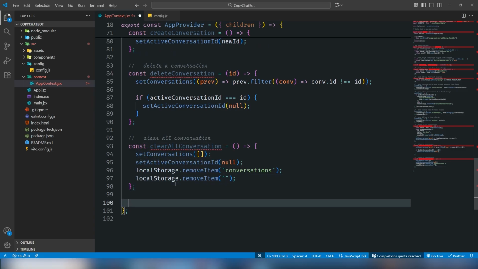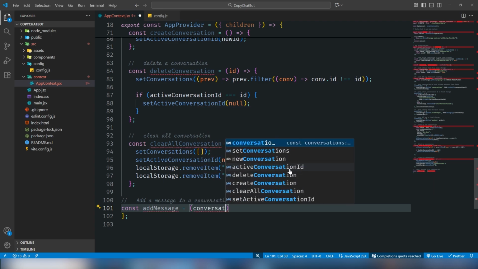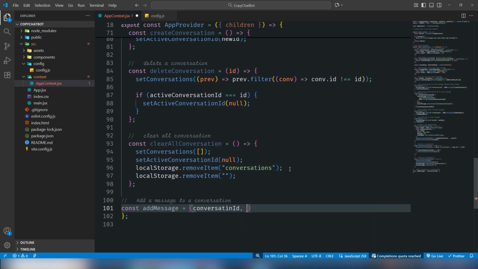So let's move on, and we're gonna create add a message to a conversation. Right now I do not use any API usage in there. I just make a structure of the functions that I will use inside the application. Alright, so let's create a function addMessage. This should pass conversationId and message,